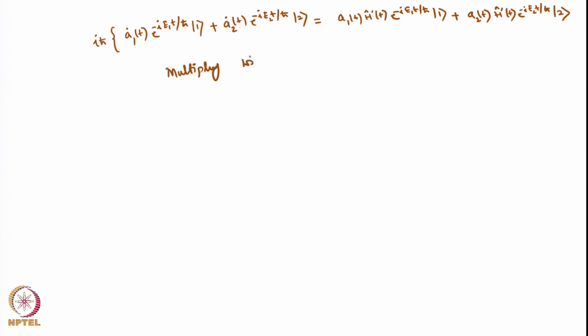Multiply with ψ2 star and integrate. Okay, this is equivalent of equation 2. Now remember, last time we multiplied with ψ1 star and integrated. Now we are multiplying with ψ2 star and integrating. So quickly I will skip a couple of steps because you already know how we did it with the ψ1 star. So what we get is this, iħ